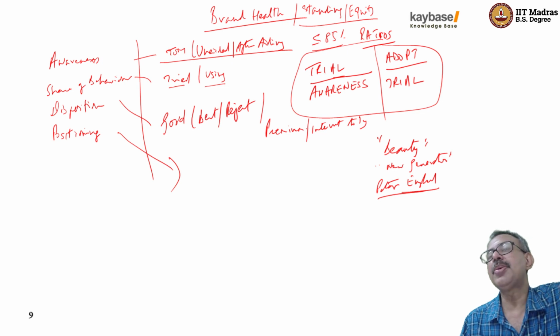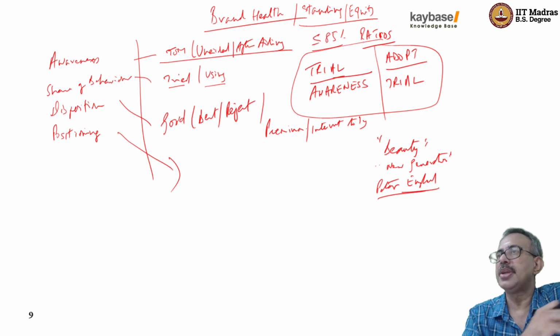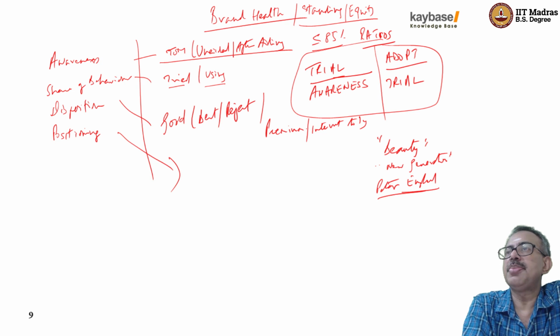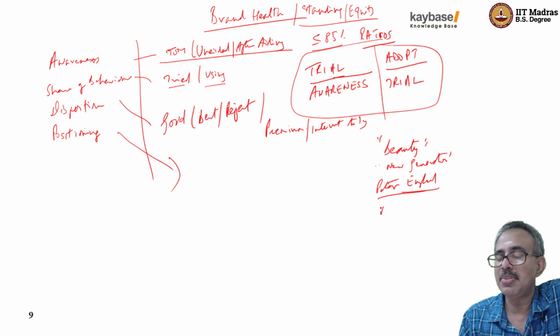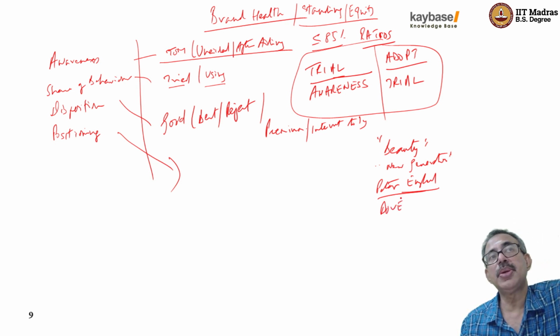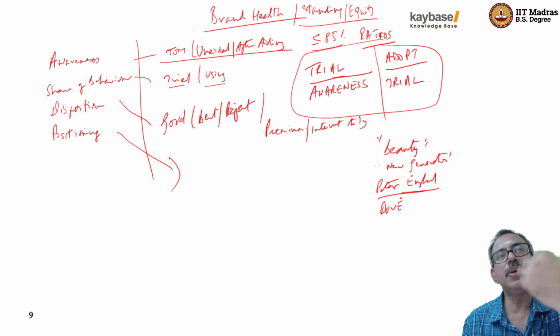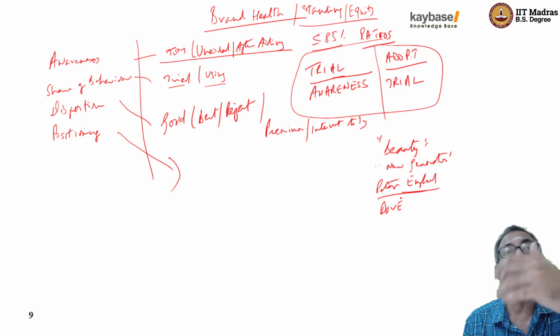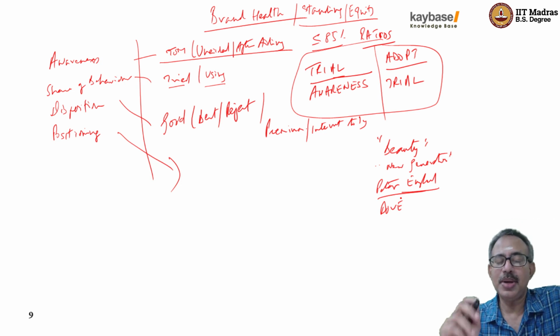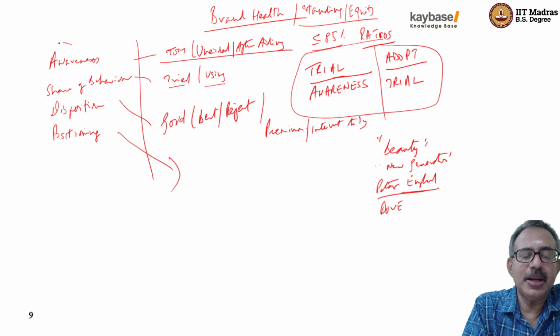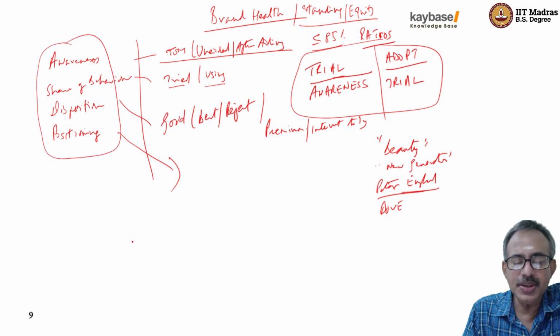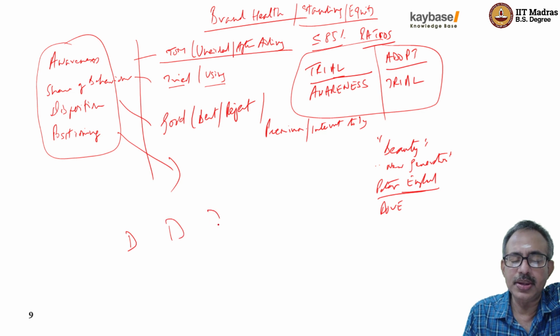Right? So you can take a position based on the kind of people you're talking to, or you have a positioning which is based on the qualities in the brand, the benefits that it's offering. So Dove, for example, is talking about moisturizing. That's the key benefit. So it could be based on the consumer benefit that they offer. It could be based on the kind of people they're talking to. It could be based on the price related to other brands. Right? Those are the various positionings that the brand can take. So our brand health study has to tell the brand manager where this brand stands vis-a-vis all the other brands in the market.